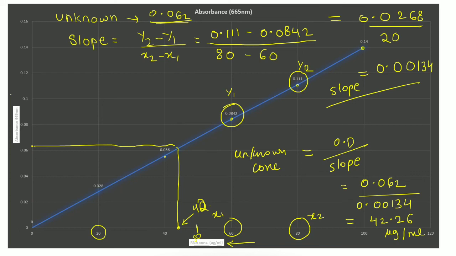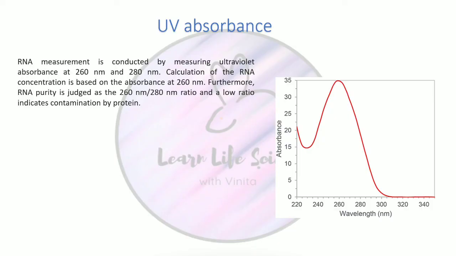Okay, so this was all about the Orcinol method for quantitative estimation. The second method is the quantitative estimation by taking the UV absorbance of the sample. We will be discussing that point also in short. RNA measurement can also be conducted by measuring the ultraviolet absorbance at 260 nm and also at 280 nm. The calculation of the RNA concentration is based on the absorbance at 260 nm. Furthermore, RNA purity is judged as the 260 nm by 280 nm ratio, and a low ratio indicates contamination by